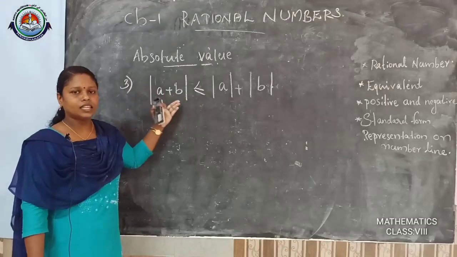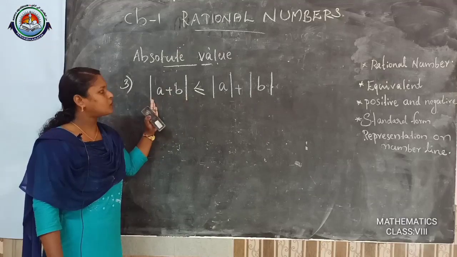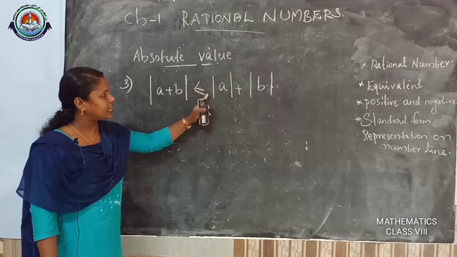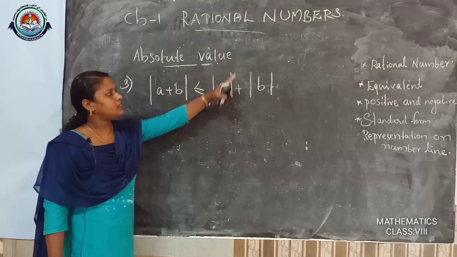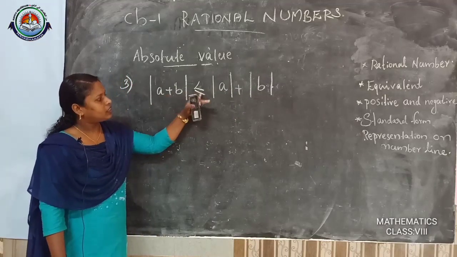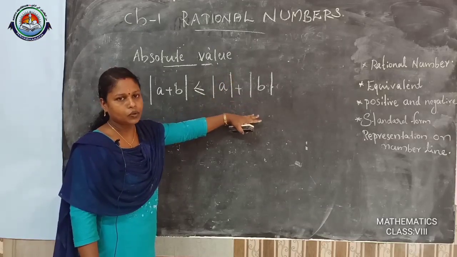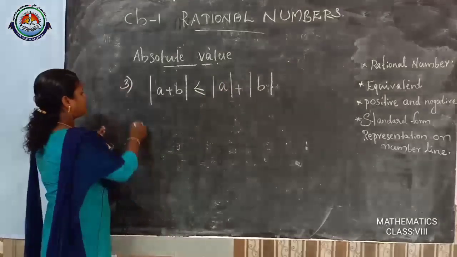For some rational numbers, absolute value of A plus B is less than absolute value of A plus absolute value of B. And for other rational numbers, it is equal to the sum of absolute values of the two rational numbers. For example,